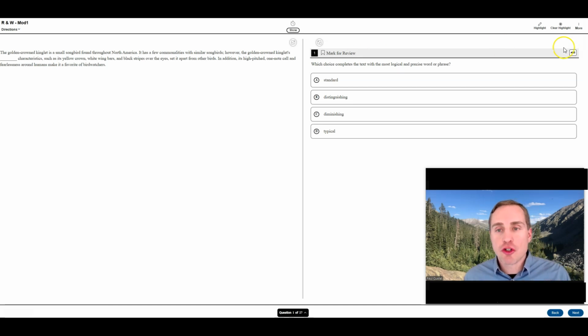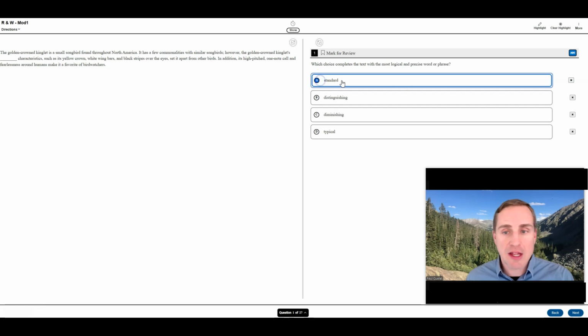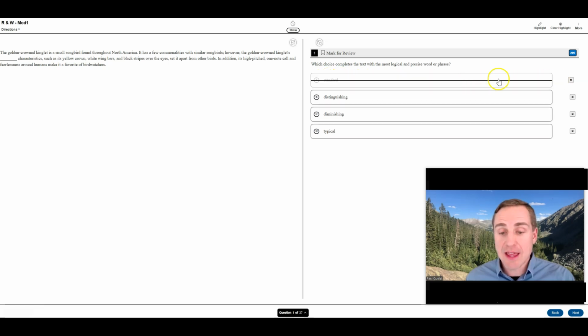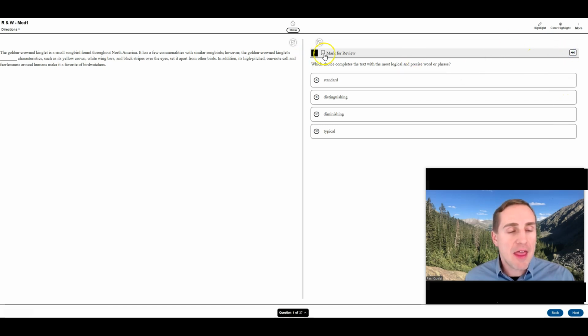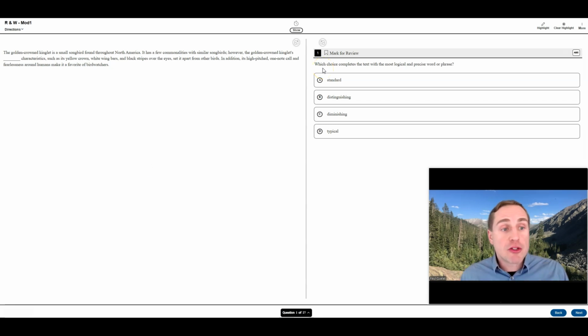Now, the other controls you should know about is this right here is the actual striking off answers, this ABC here. So you can strike off certain answers, okay, like that. And then you can unstrike them off. And then this right here, you click that to mark for review. It shows you which question number is on the bottom here, as well as how many questions are on that overall module. And this is how you go back and next. Okay, so let's start with question 1.